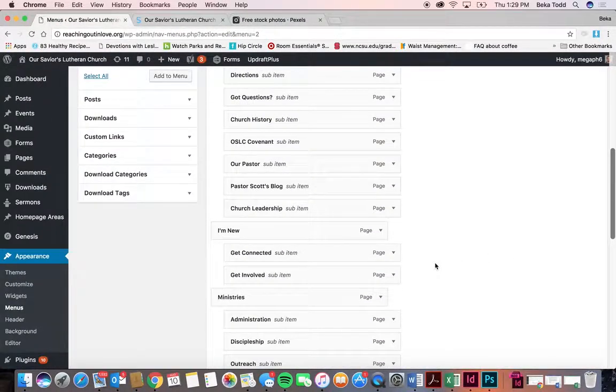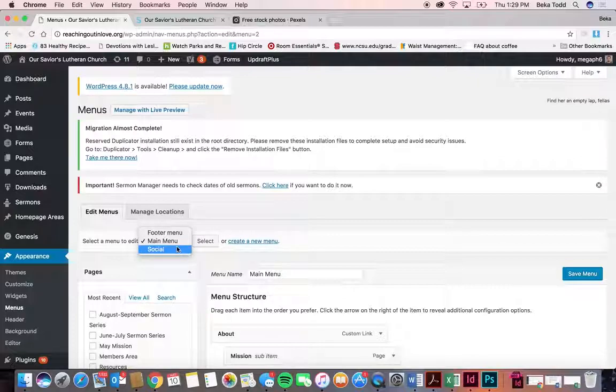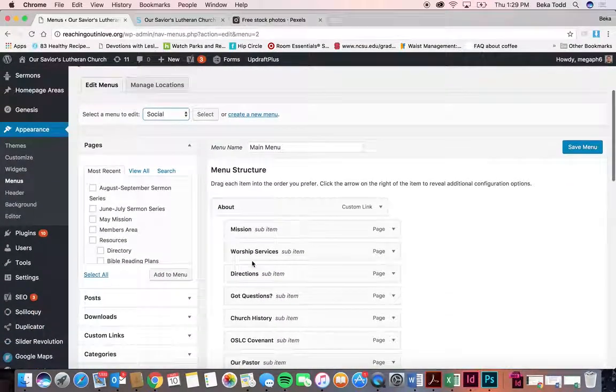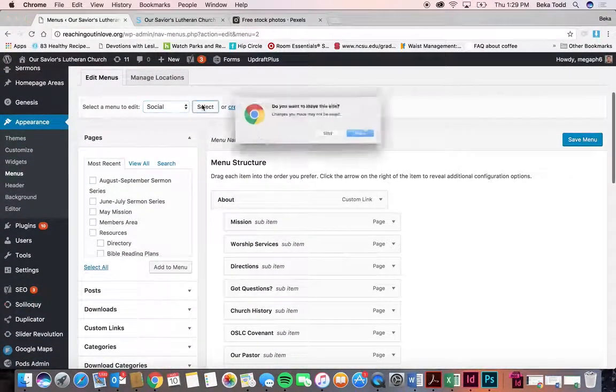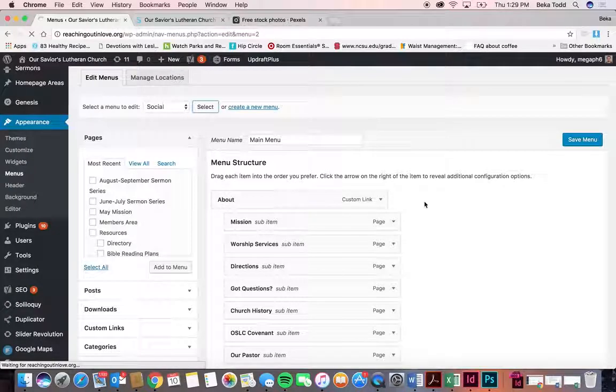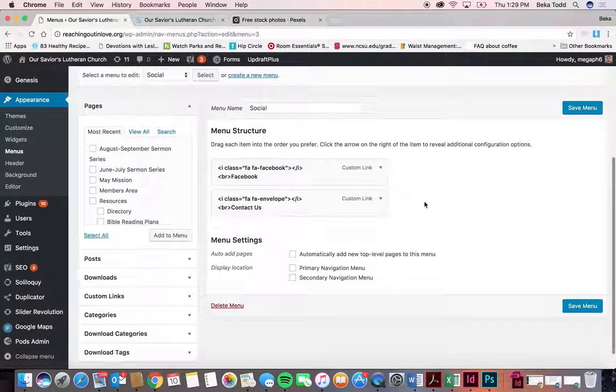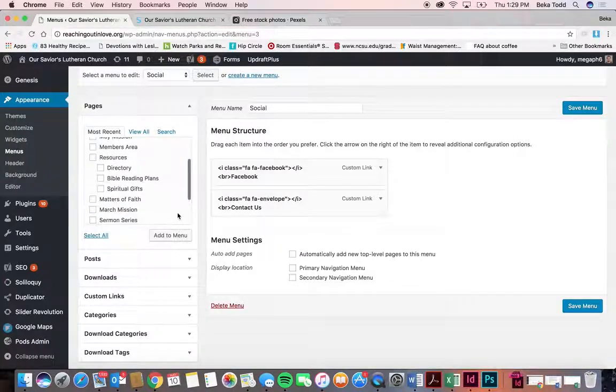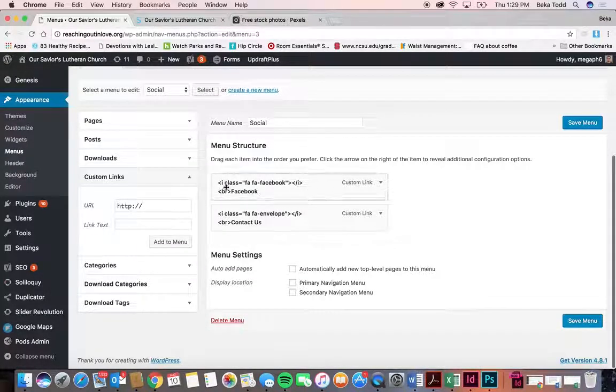And the same works for social media menu. So go to social media menu, and then this actually looks a little different. How this works is if you ever get a Twitter or something and you want to add a new element here, what you would do is say custom link,